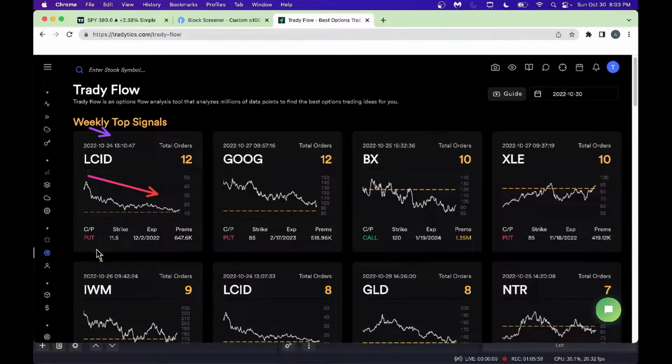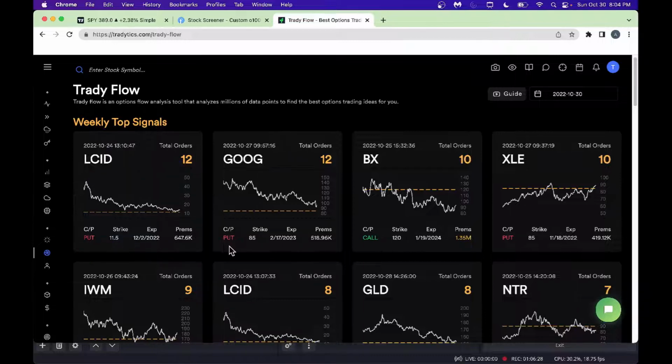They tell you you can buy a put option here. It's called a put. Strike is 11.5, and you could earn some premium here. Stock price is about 10 point something here. So in this case probably you can sell some put options and earn some premium, and there are a total of 12 orders right now earning this much premium. You could also play along. Always look at the chart here.